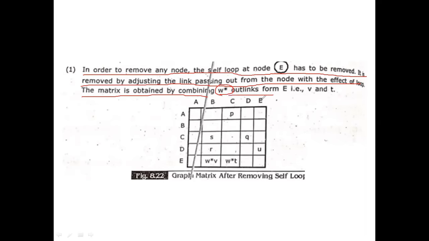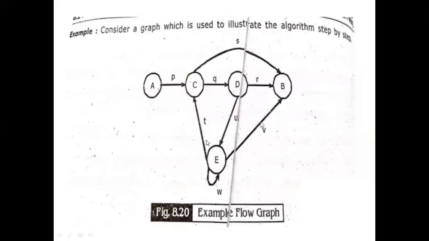If you observe, this is the E, we want to delete this E. So this is the E node. Now this E has some self loop, and I want to delete this node. When I want to delete this node, we are going to construct the graph. So this is the loop, this is the E node I want to delete. Now we are going to construct the transitions.